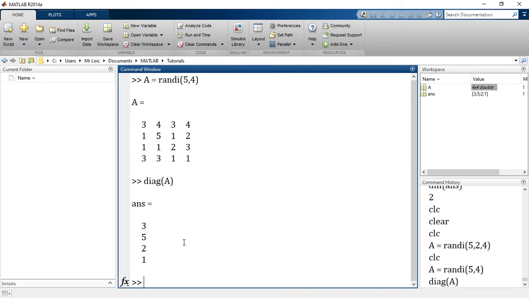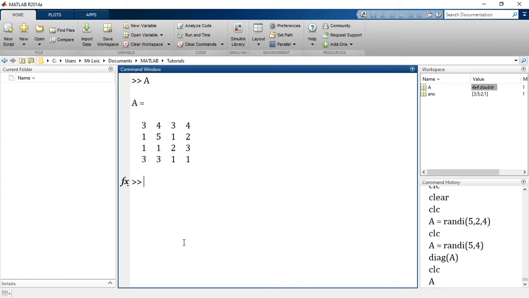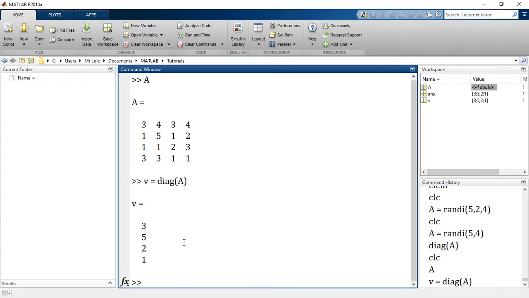Let's repeat that. If I had said V is equal to diag of A, you see that V becomes a column vector, and the elements of V are the main diagonal of A: 3, 5, 2, and 1.